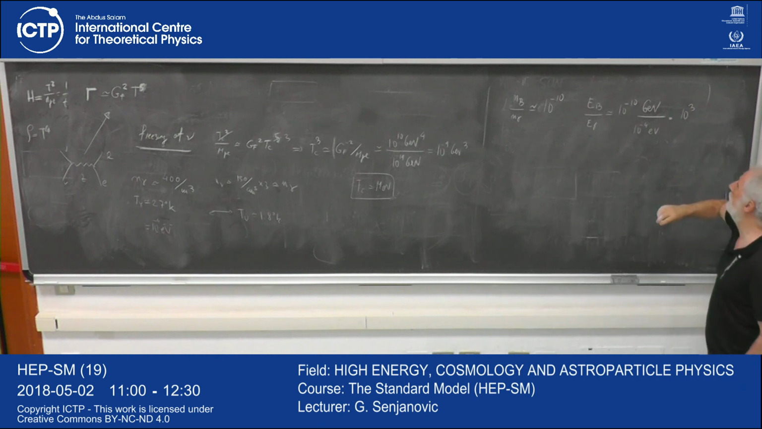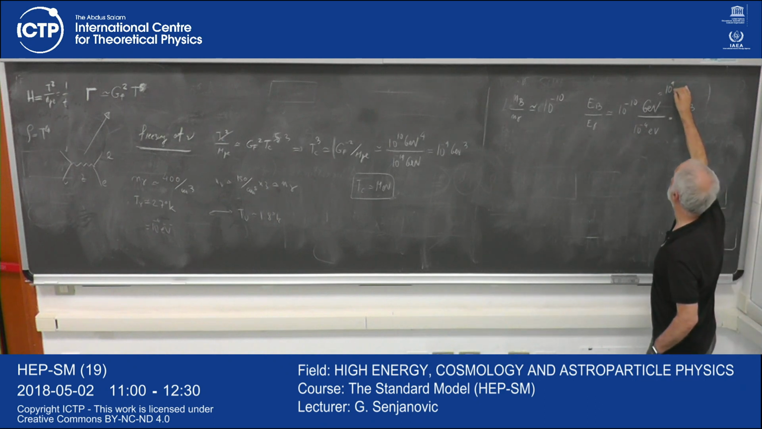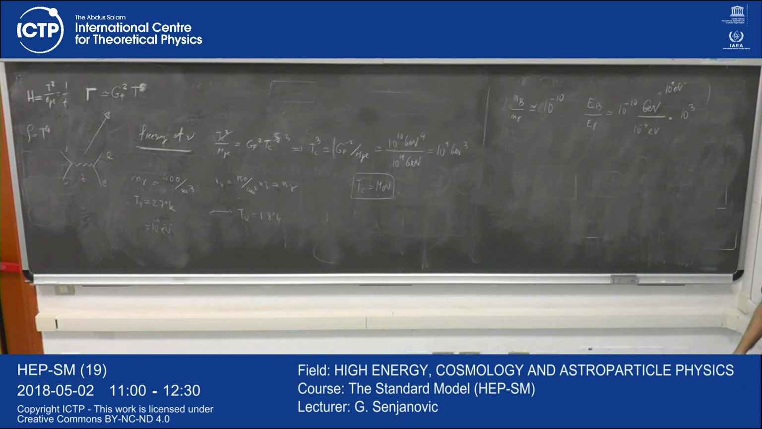Do you see this? Am I right? No, 10 to the 3, because this is 10 to the 9 electron volt over 10 to the minus 4. So then 10 to the 13 times 10 to the minus 10, 10 to the 3. So notice,